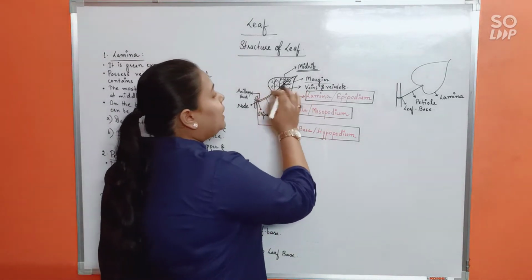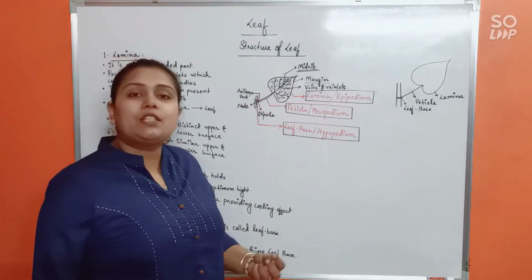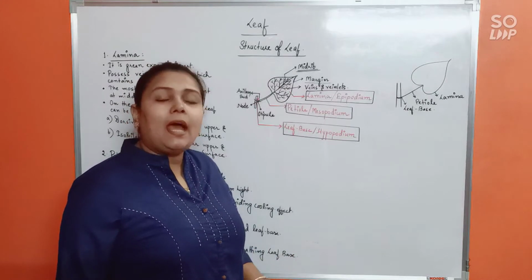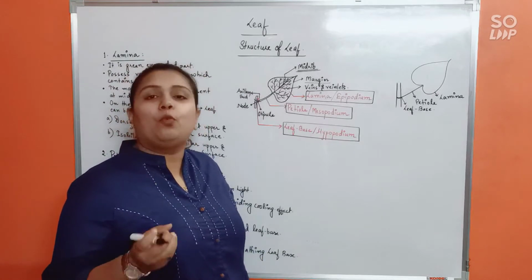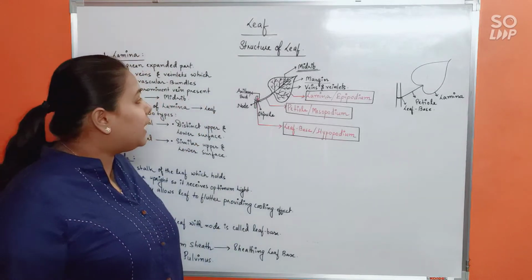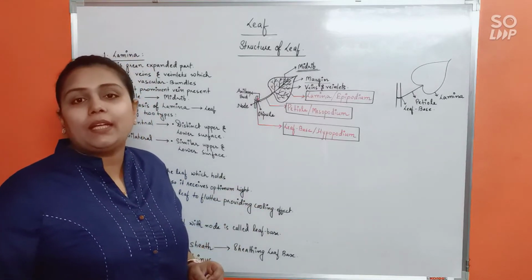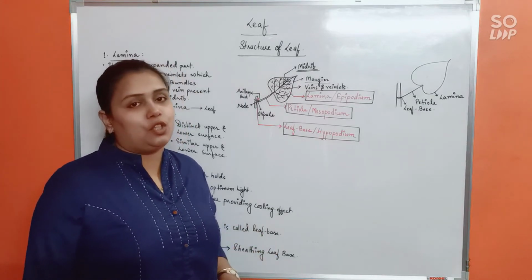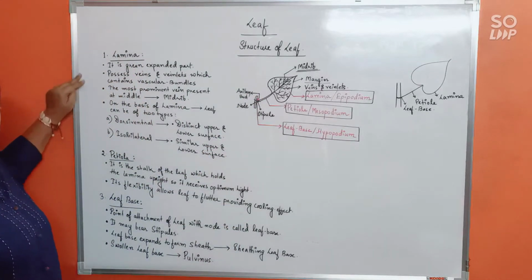From the midrib arise many more veins and veinlets. Now these veins and veinlets will provide strength or rigidity to the lamina. Also they possess vascular bundles, and because they possess vascular bundles, they allow transport of water and minerals or transport of ready-made food. Alright. Also, one very important thing is that the lamina of the leaf also possesses minute pore-like structures called stomata, and already all of you know that stomata act as the site for transpiration and gaseous exchange in plants, right? So now let us see the main points regarding the lamina.